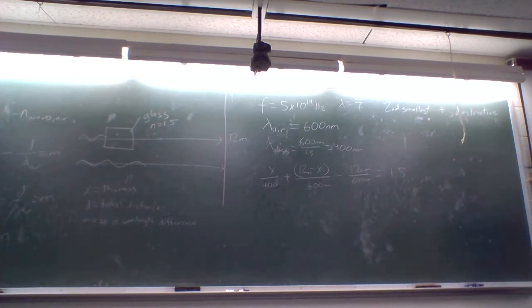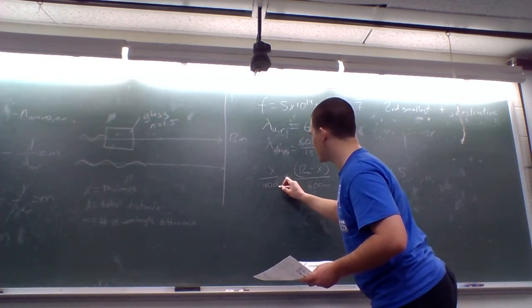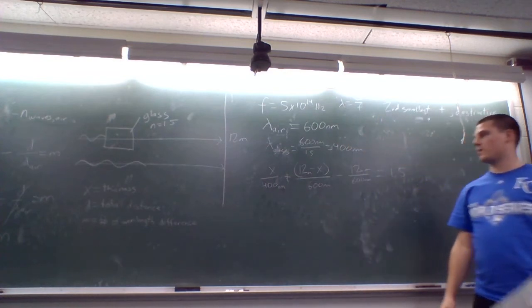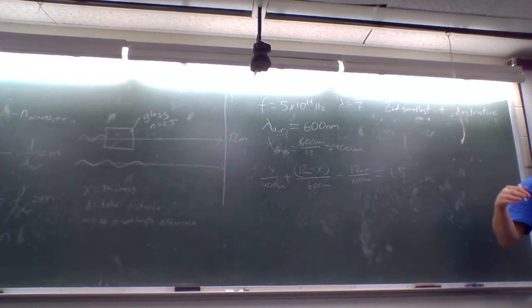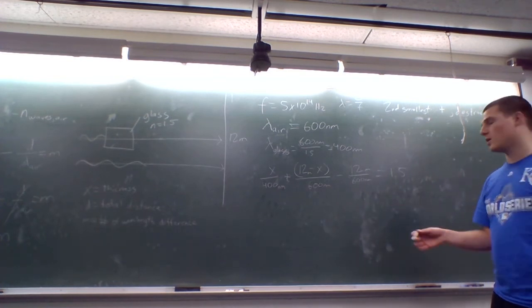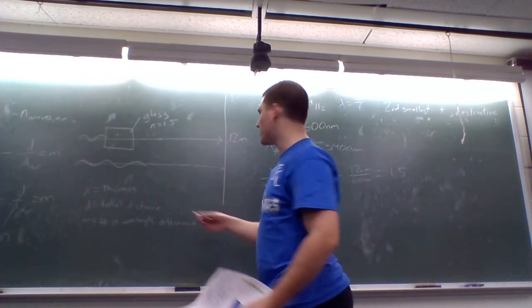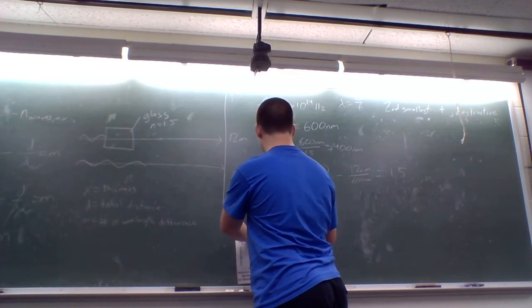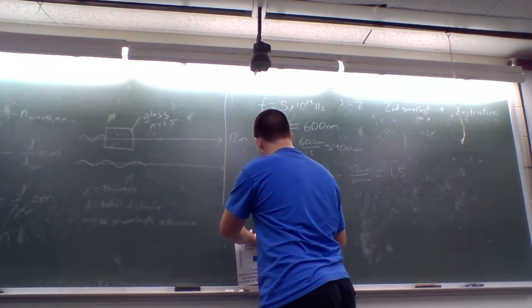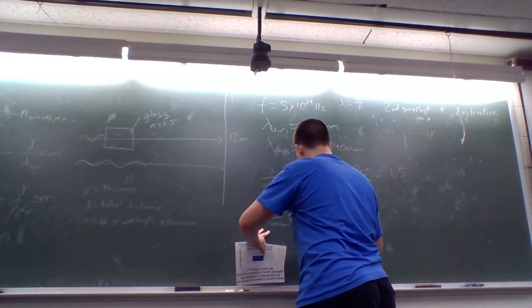So if you're going off the equation that we did in class, this is how you'd write it out. x over 400 nanometers plus 12 meters minus x over 600 nanometers minus 12 meters divided by 600 nanometers. If you really wanted to get specific, you'd probably have to make everything either in nanometers or in meters, but as we can see by doing that equation, what you actually end up getting is just x divided by 400 nanometers minus x divided by 600 nanometers